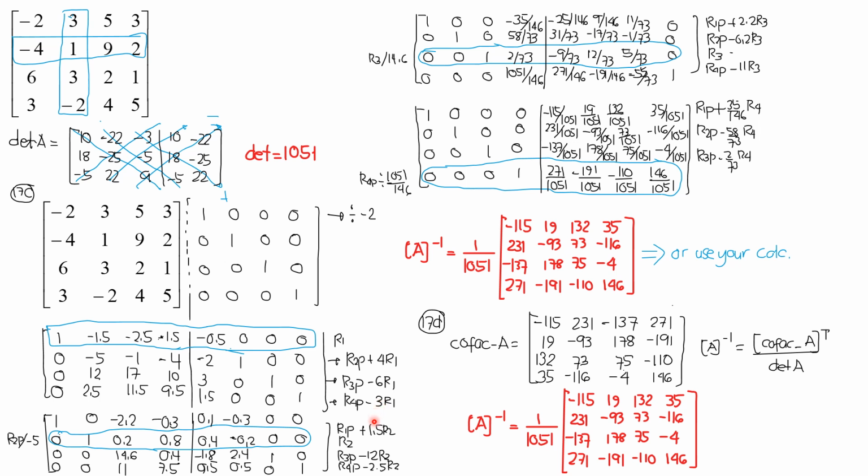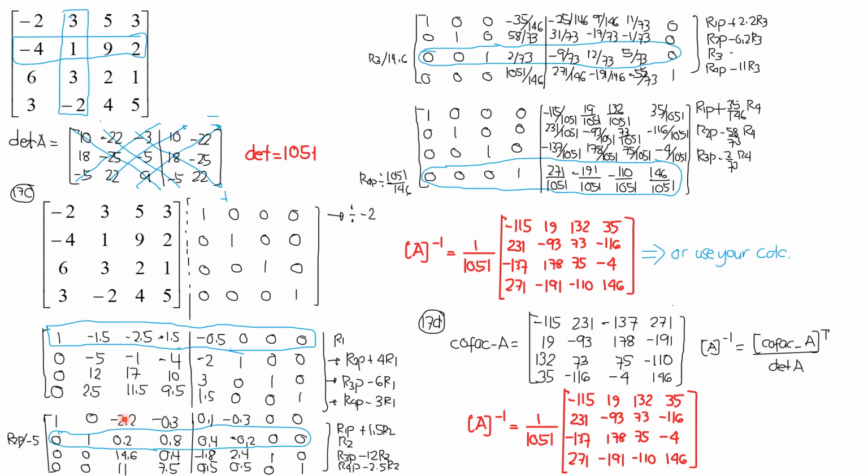Next, we divide previous row 2 by negative 5 so that this becomes 1, just like this. So after we divide previous row 2 by negative 5, these are now the new elements in row 2. Then this is called row 2. Then row 1 previous plus 1.5 of row 2. That's why we enclose row 2 with this, so that you will not be confused. This will now be the new elements of row 1.